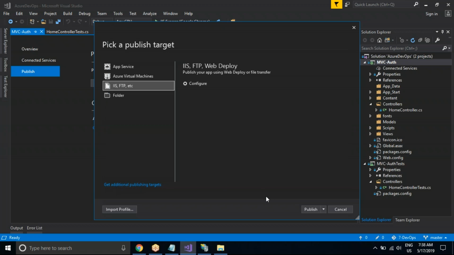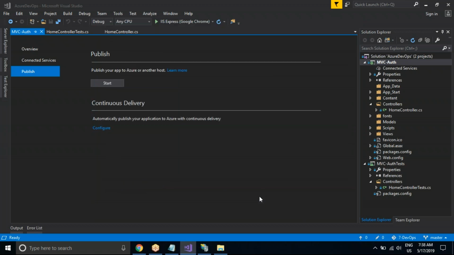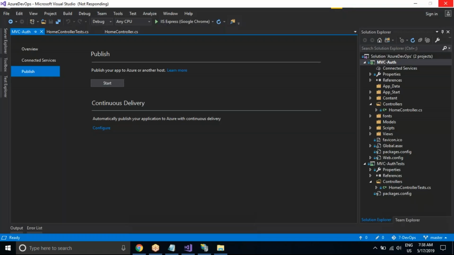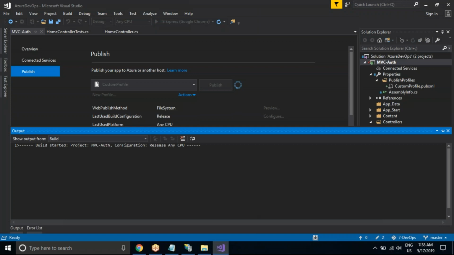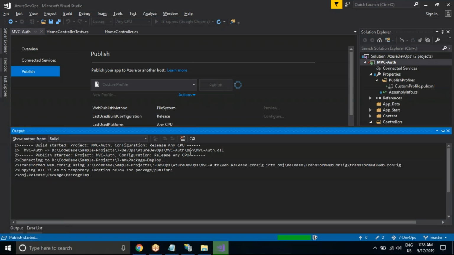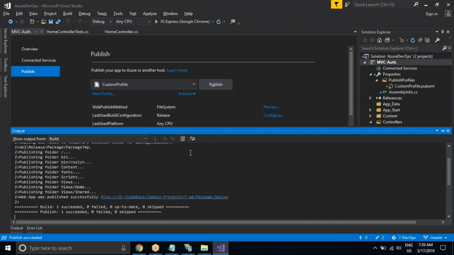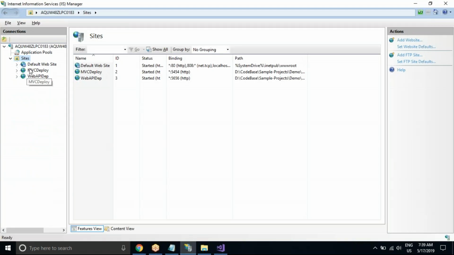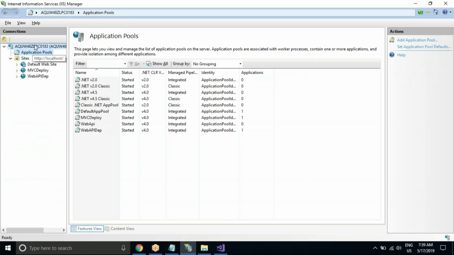I'll say save. It is doing the job. Once it builds and deploys, I'll see a folder here in my empty folder. It is doing that build and packaging it and publishing it, and I'm done. Once I'm done, what will I do? I'll go to my IIS and say right click,